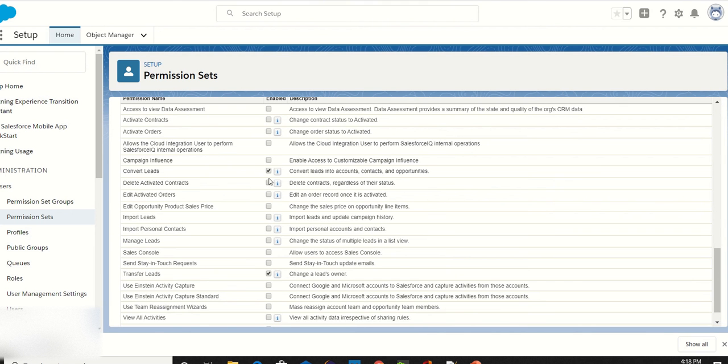Once you enable convert leads and transfer leads, just save it.